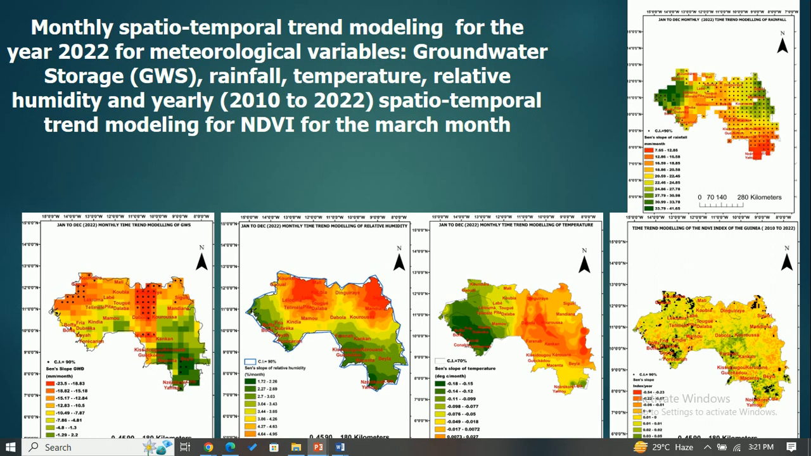The statistical significance of the trend was analyzed using the Mann-Kendall test, and the magnitude of the trend was estimated using the Sen's slope estimator. And the advantage of this test is it is not affected by the missing data, and another benefit of this is data need not conform to any specific distribution. From this it is clearly seen that if we consider the GWS,